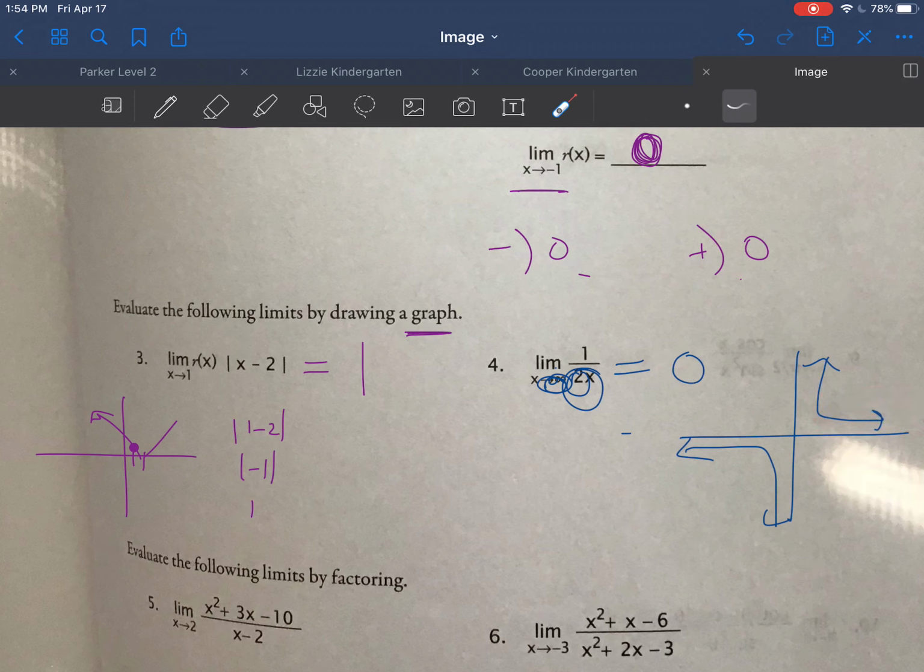It doesn't go less than 0 ever. It just gets closer and closer to 0. If, for instance, we looked at this first graph over here, this absolute value function, so now I'm back way over here. If we wanted to know the limit, the limit as x approaches infinity of r of x, looking at this graph here, as we approach infinity,